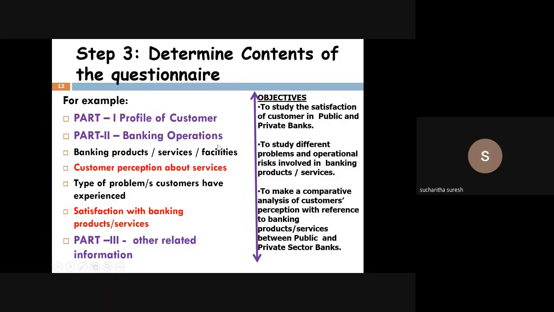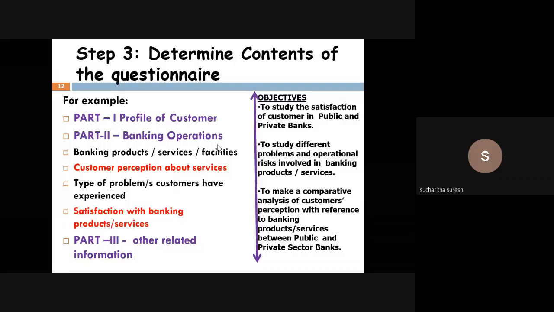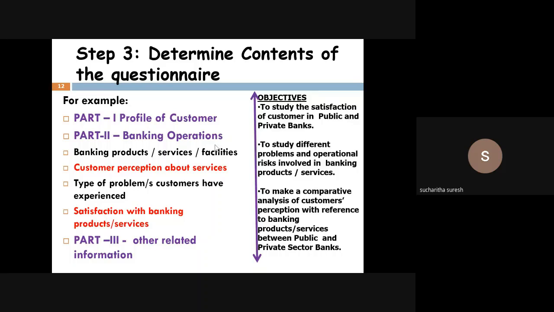So that's step 3, determine content of the questionnaire. Okay, who has to determine the content? You yourself. How do you determine? Look at the objectives. If you want, you put it on your wall or somewhere, and you can make slips and keep them, because you cannot deviate from your questionnaire. Because I have seen people putting a lot of questions that may not carry any meaning. So you concentrate.